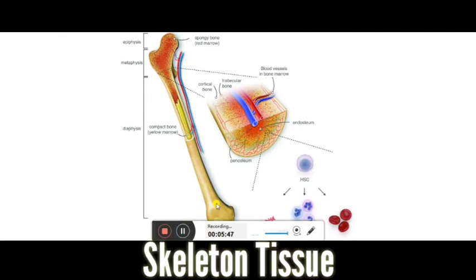Basically, our bone is made up of calcium and phosphorus. Inside there is a spongy part, the bone marrow, where the production of red blood cells and white blood cells happens. The producers are called the bone marrow. There is yellow marrow and red marrow. In higher classes you will study more about this, but it's a kind of connective tissue, and it also protects delicate internal organs like the brain, lungs and the heart.